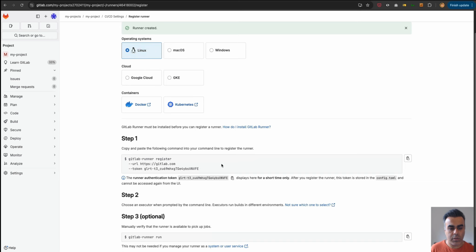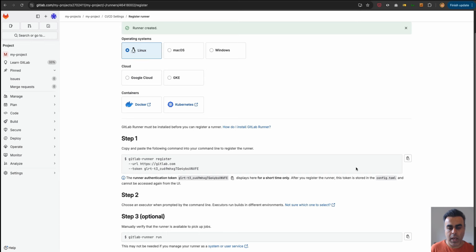And the next step is registering our GitLab Runner. What the command does is sending a POST request to our service, which is gitlab.com, and asking for a registration. The service has already generated an authentication token for us. So the service is expecting this token to be sent by the GitLab Runner. In this case, the service can detect the GitLab Runner successfully and the process of registration can be